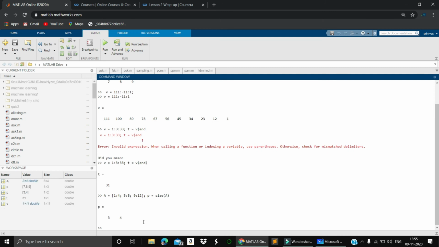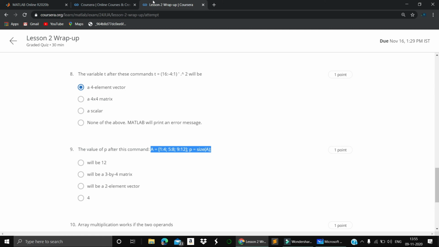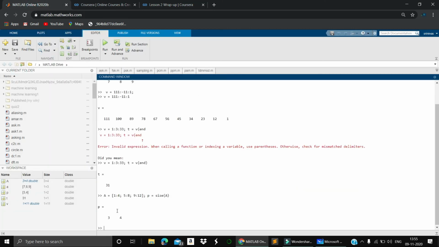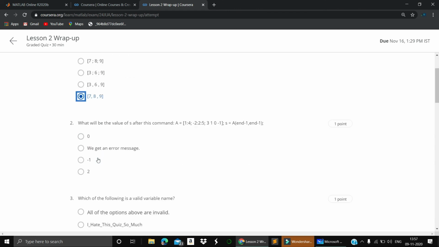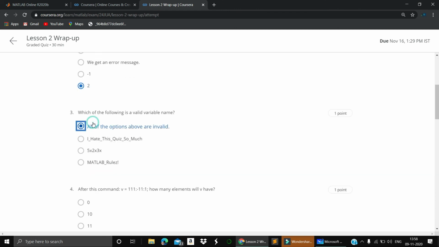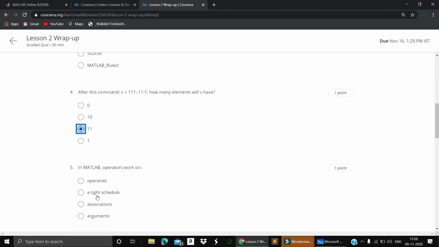We'll wind up this one here itself. You can clearly notice it is a 3 cross 4 matrix. For the mistake I made, this is the row matrix, and this one is consisting of 11 elements.